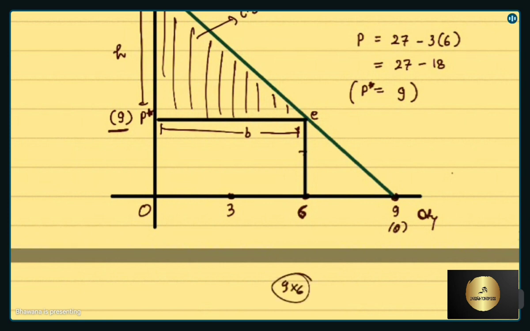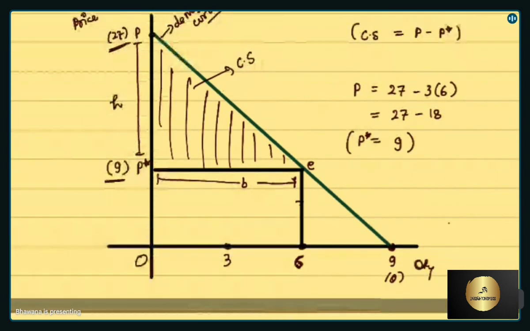When you multiply 9 into 6 you will get the total value of this rectangle, but you want the total value of your consumer surplus. On one unit you are getting 27 minus 9, so what will your surplus be on 6 units? Okay,